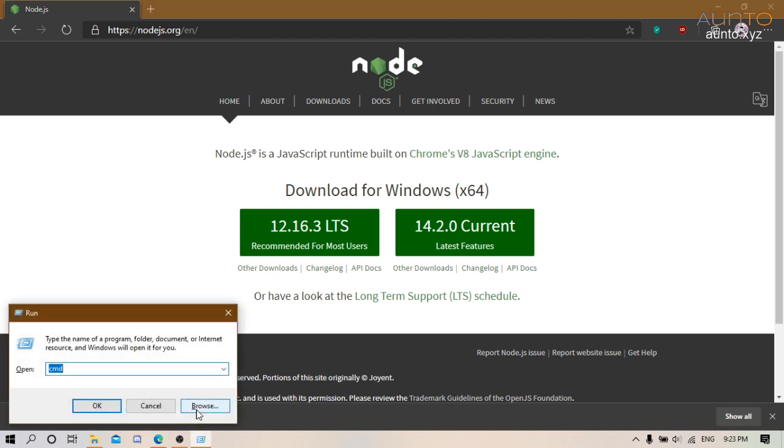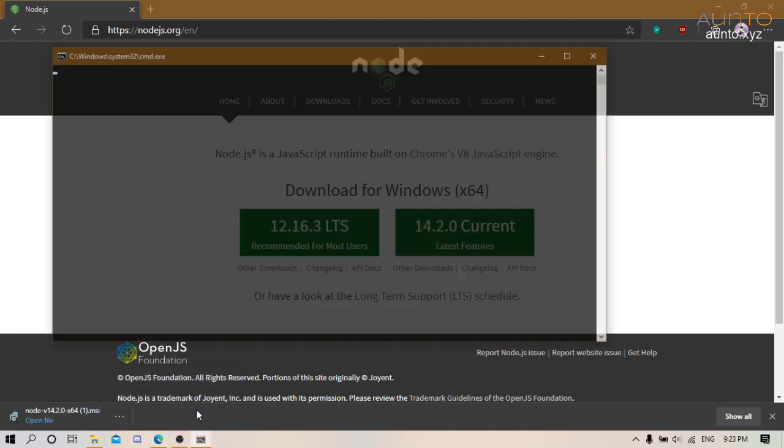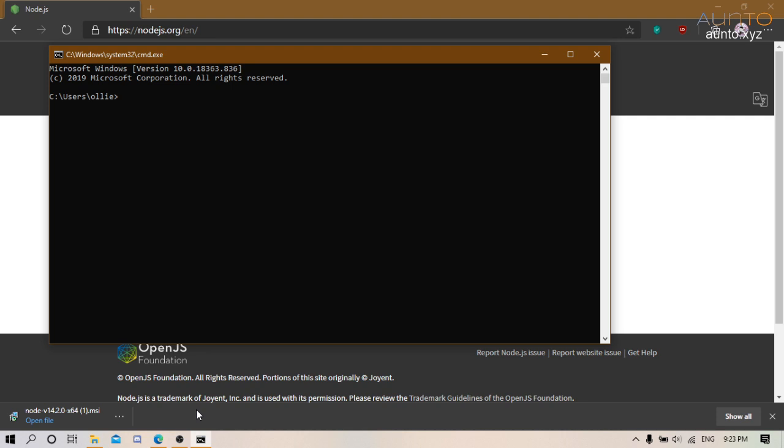Now you're going to need a CMD prompt, and once you've installed Node and everything is working, you simply want to go into your desktop and then make a directory, and we're just going to call it bot, and we're going to go into that,